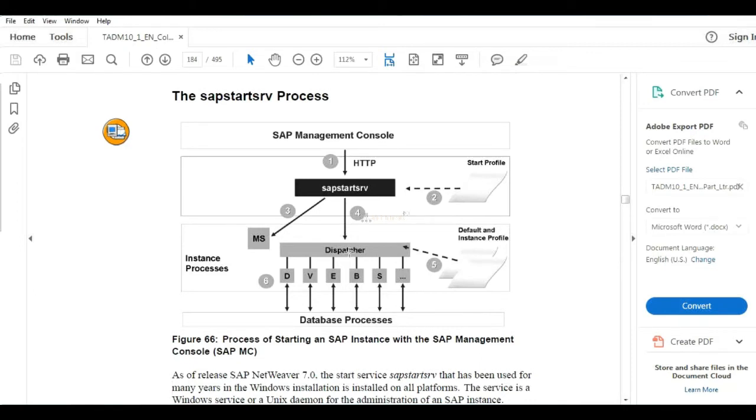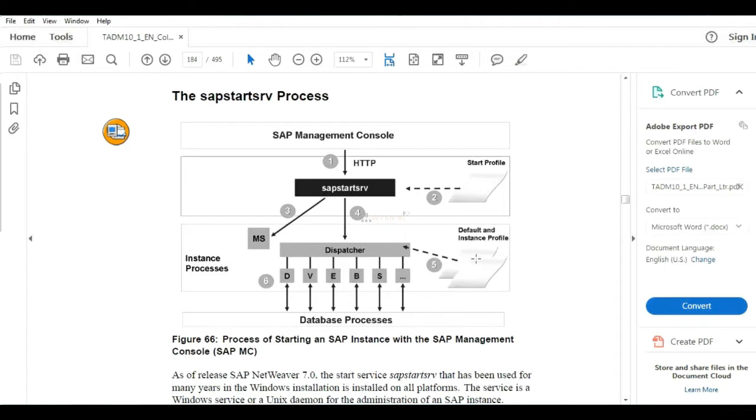After the dispatcher has started, the remaining work processes need to be started. But SAP Start SRV doesn't know how many work processes need to start.